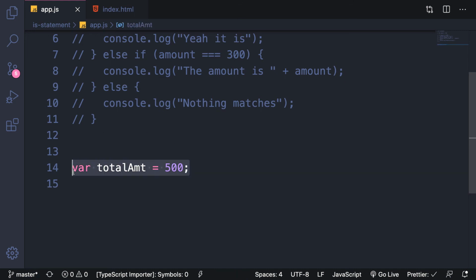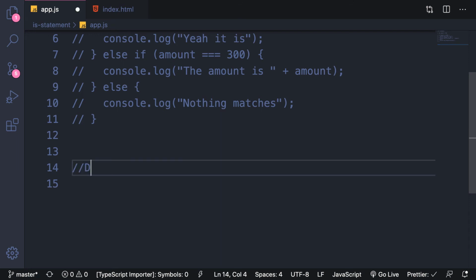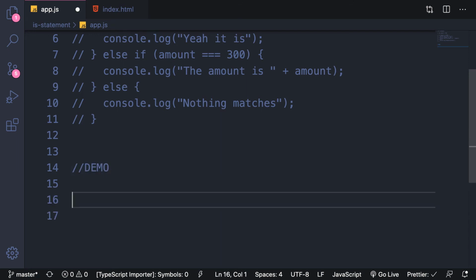So let me write here, demo: create an app that will add $20 to the total amount of $500